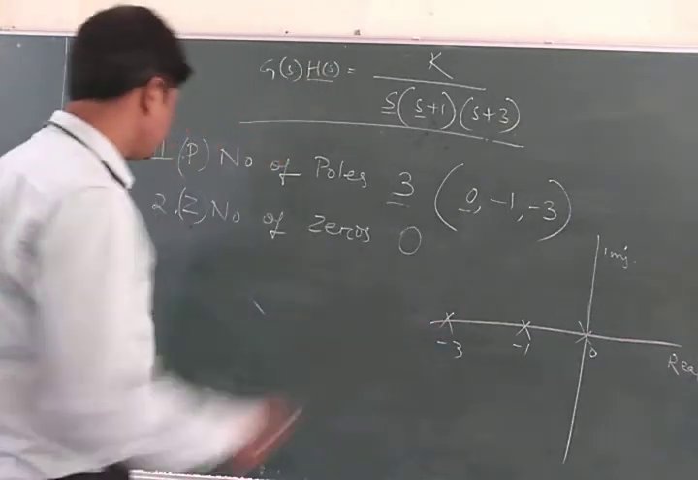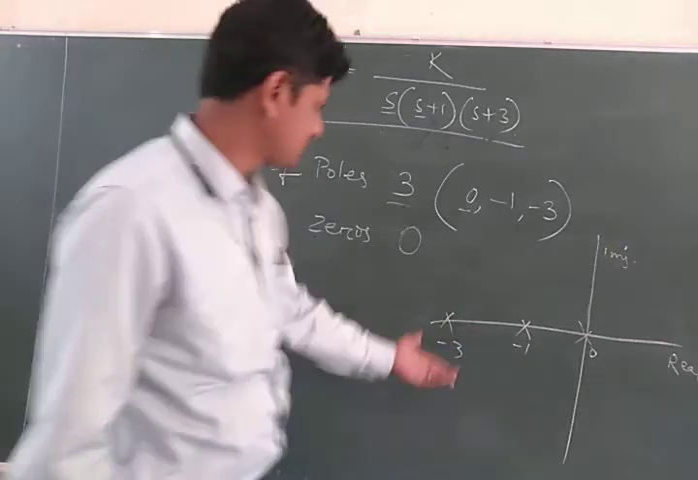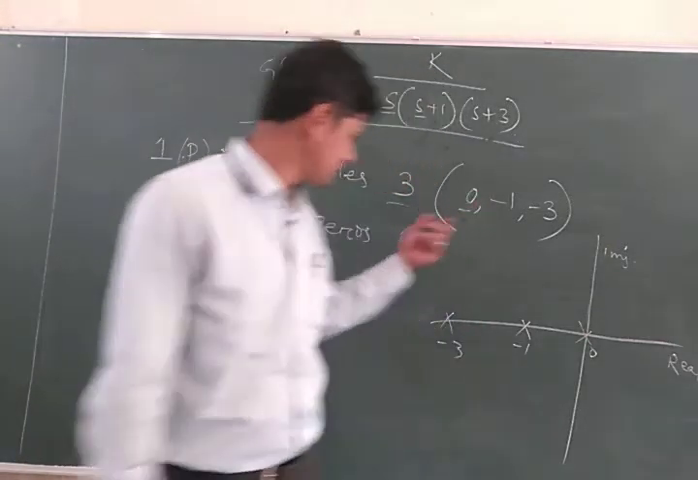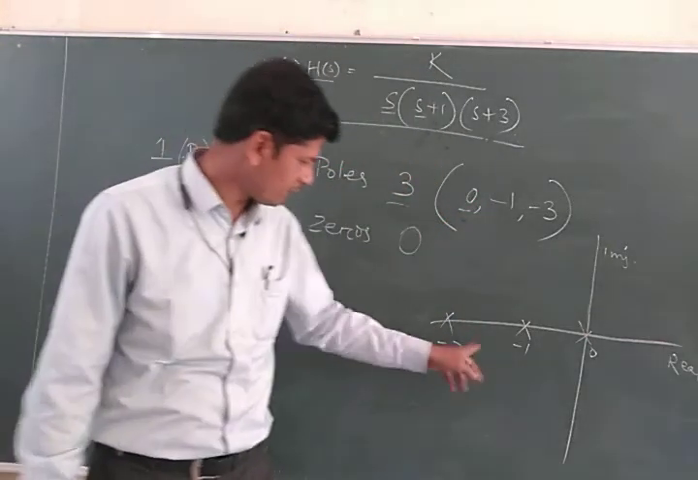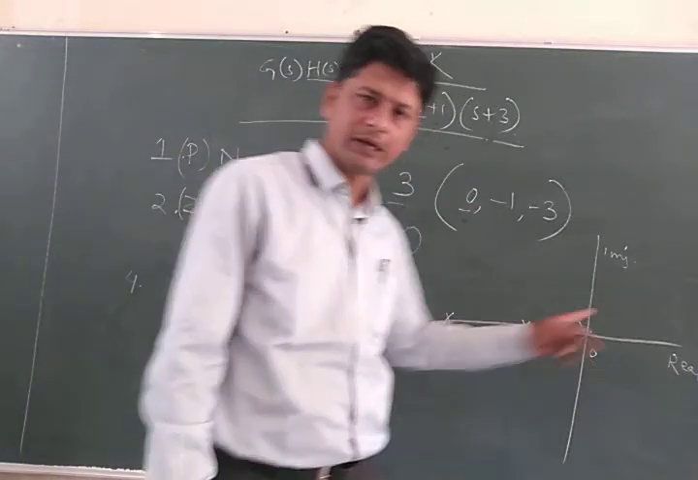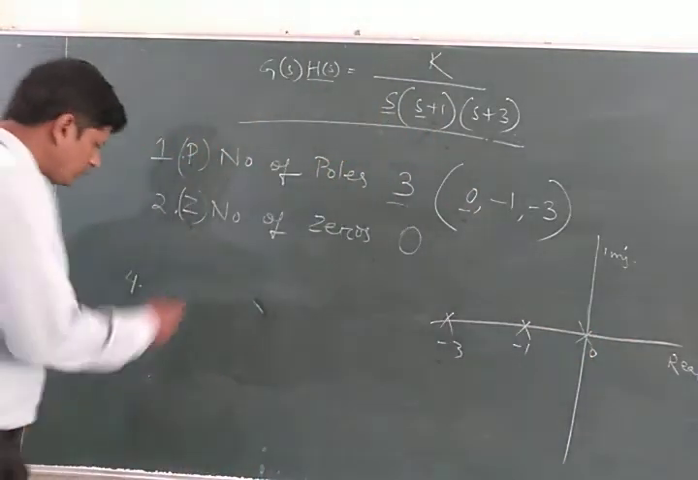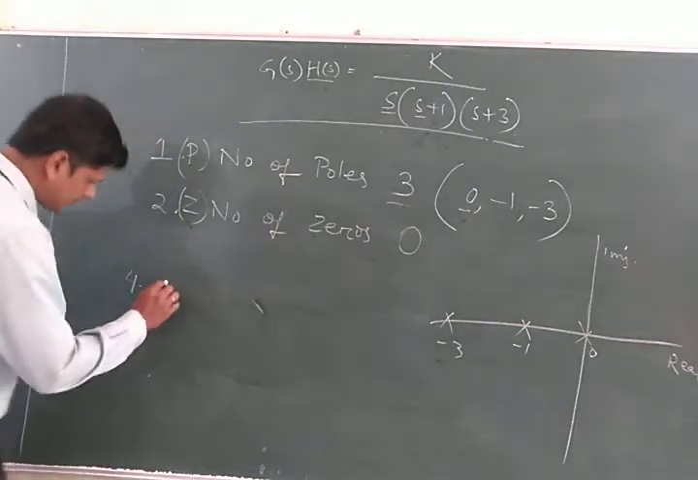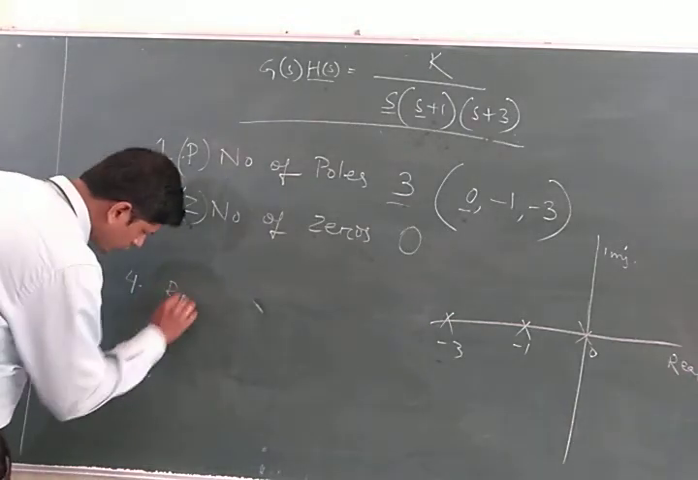In the previous video, I have already marked the zeros and poles. If there are no zeros, only poles are there. I mark here the poles are at -3, -1, and 0. I have marked these poles, and now we want to find out the existence of root locus